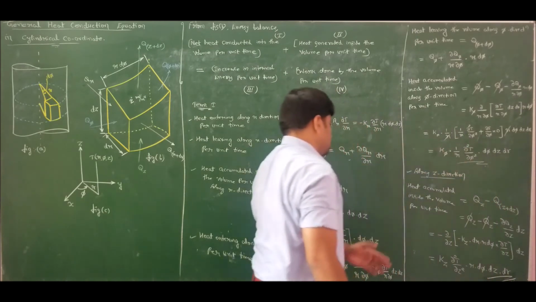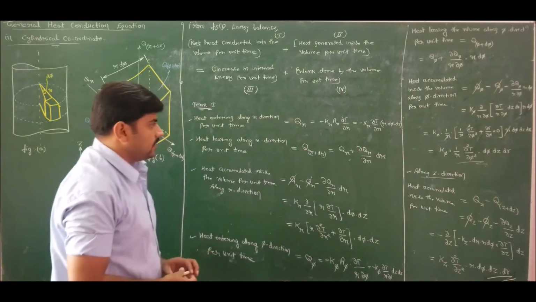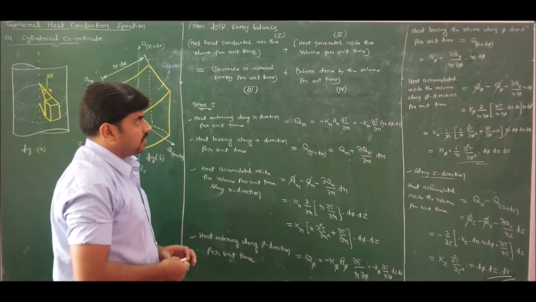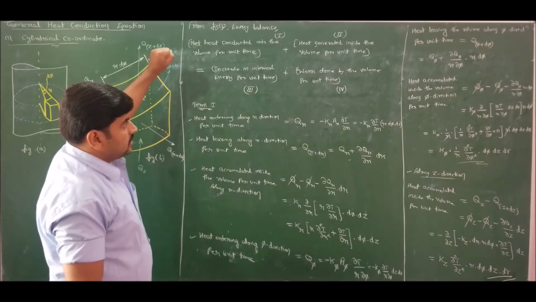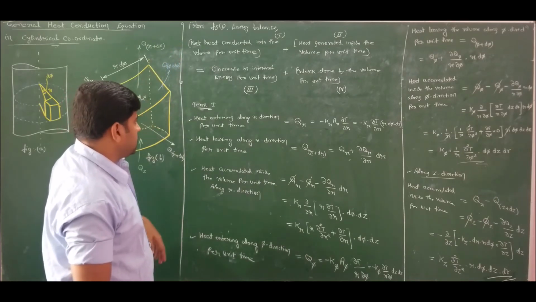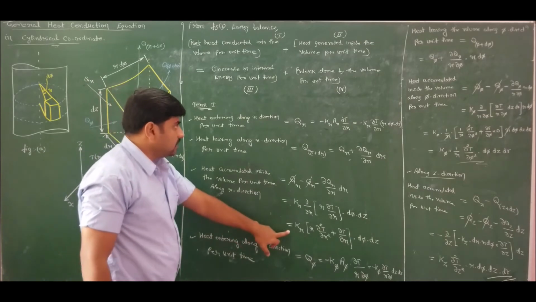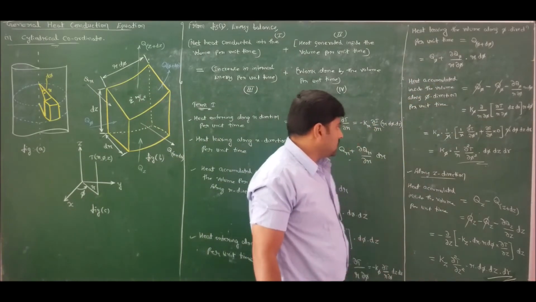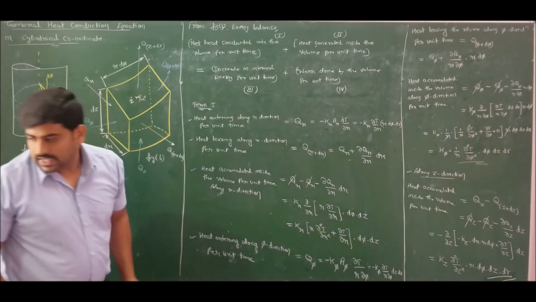So this is the heat accumulated inside the volume per unit time along z direction. Now if I account for net heat accumulated from all the three directions, that is from r direction, phi direction and z direction, I will get the answer as